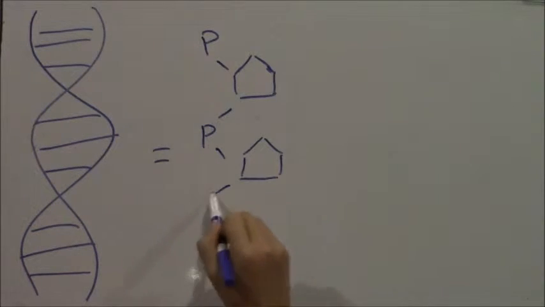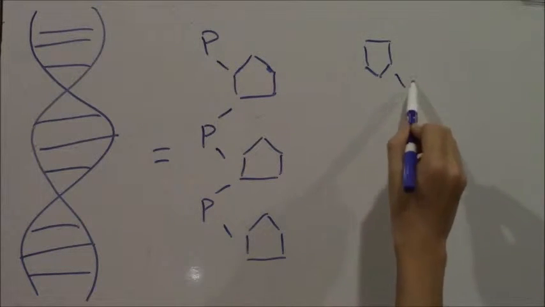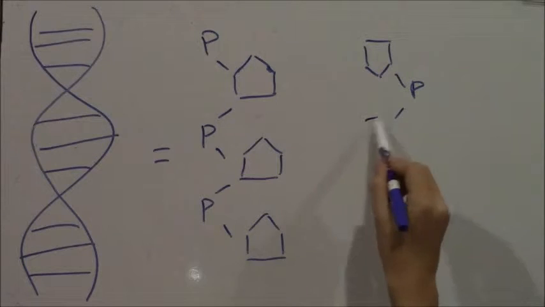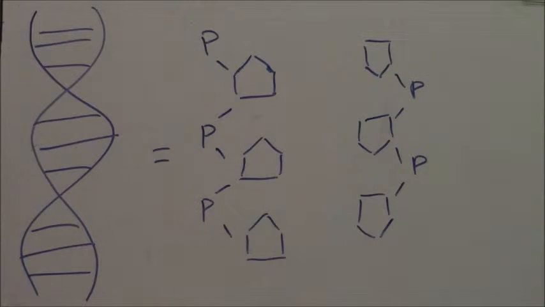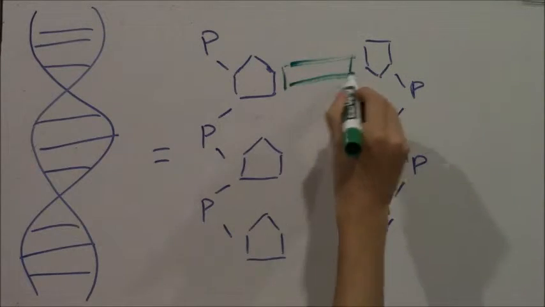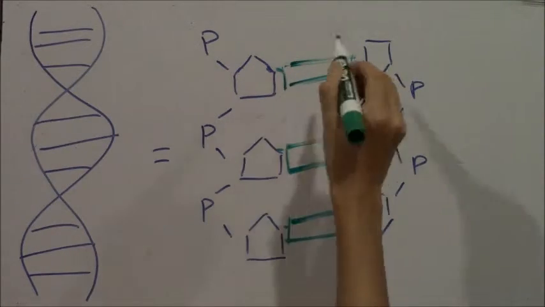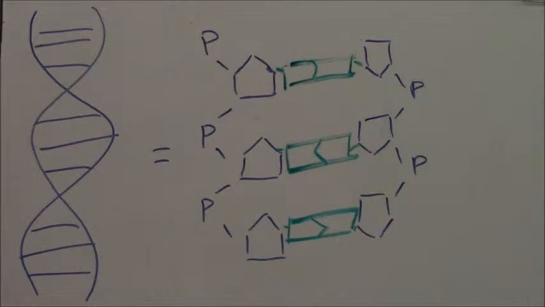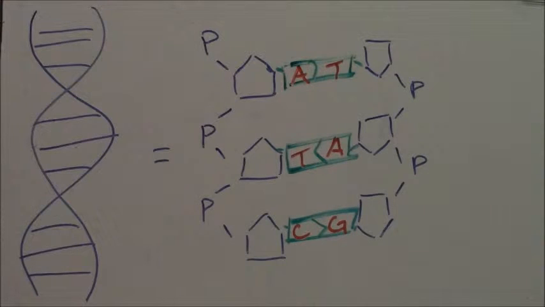One DNA strand starts at the top with the first phosphate bonding to the fifth carbon of the sugar and ends with the third carbon, and it is called the 5' strand, while the other strand is reversed and starts with the third carbon and ends with a phosphate bonded to the fifth carbon of the sugar and is called the 3' strand. Each step of the ladder is made up of a pair of nitrogenous bases bonded by a